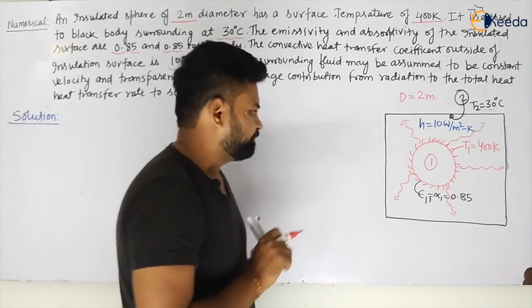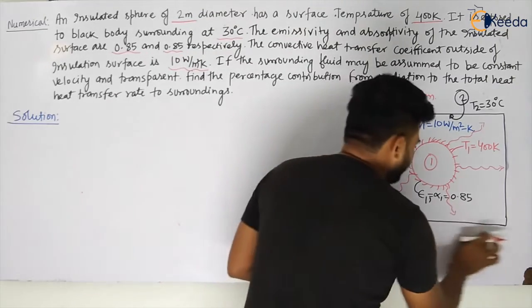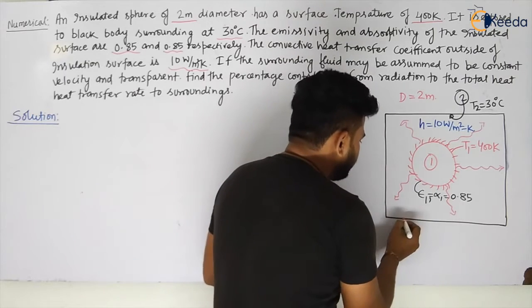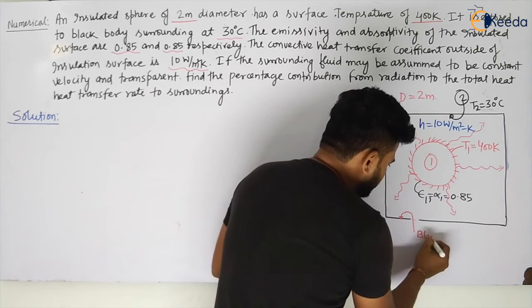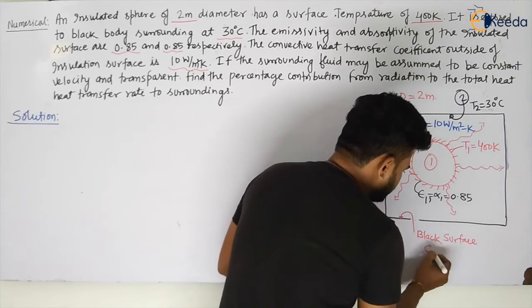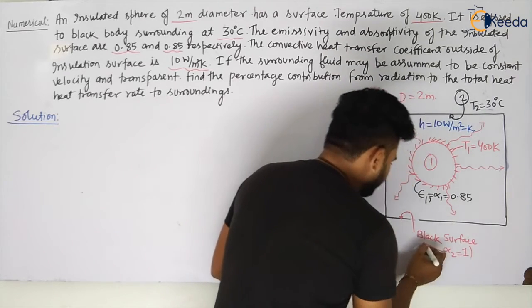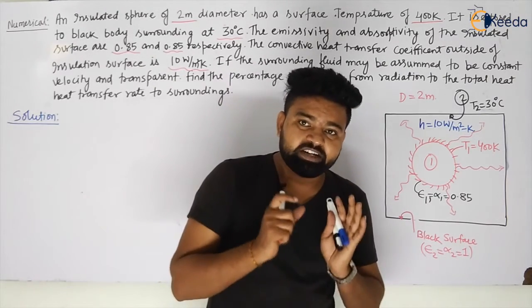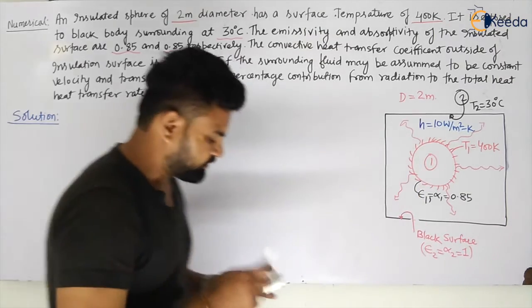Okay. Now when it is radiating heat, then what will happen? This surface that is at 30 degrees Celsius will absorb all the radiation because it is a black body, my dear student. Black surface, it is a black surface. So we know for black surface what are the emissivity and absorptivity, that is epsilon 2 is equal to alpha 2 will be equal to 1, my dear students. So can we calculate the radiative heat exchange between these two surfaces? Yes or no? Yes, let us see.